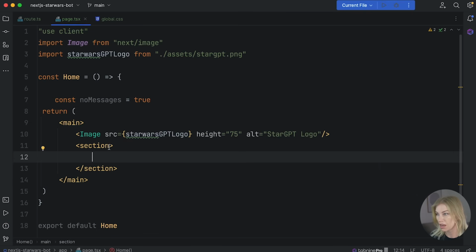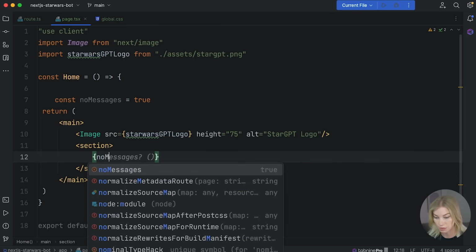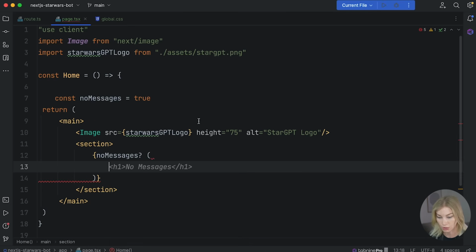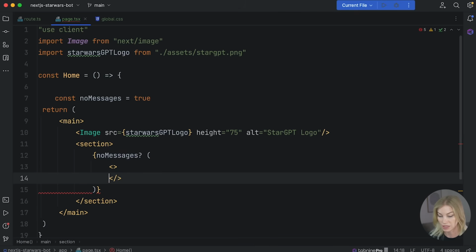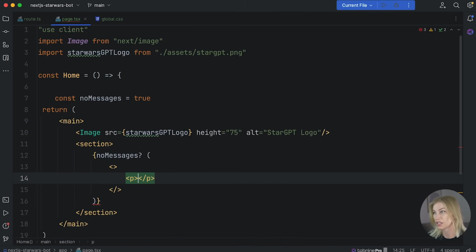So I will say that if there's no messages and this is true, I just want to show, let's just put an empty element because I want to have maybe a paragraph that says the ultimate